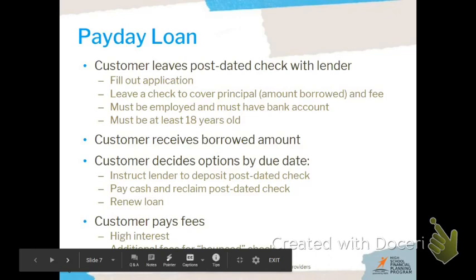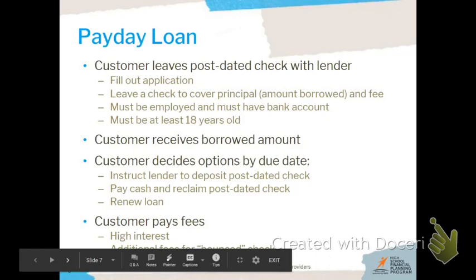So payday loans, how that works, and if you are familiar, then you know how it works. You fill out an application and you leave a check. So for instance, if I want to borrow $500, I leave a check for $500 plus the fee, and maybe the fee is $15. So it doesn't seem like it's that much,